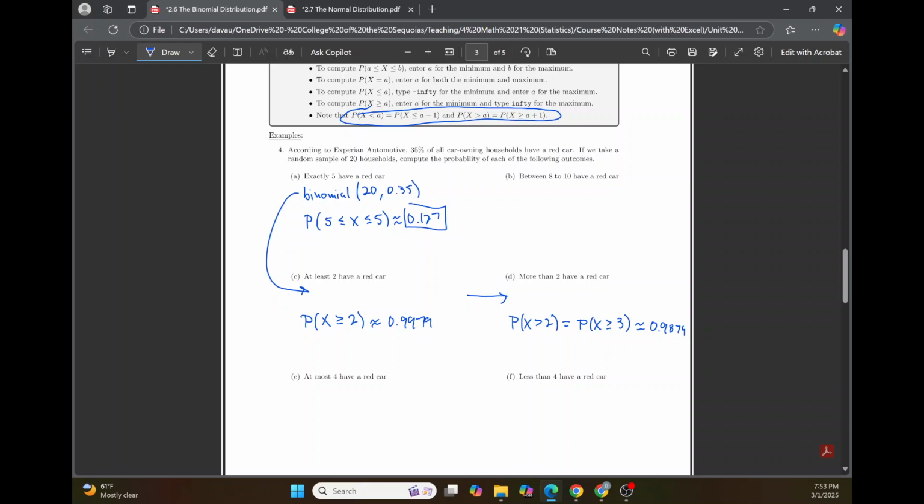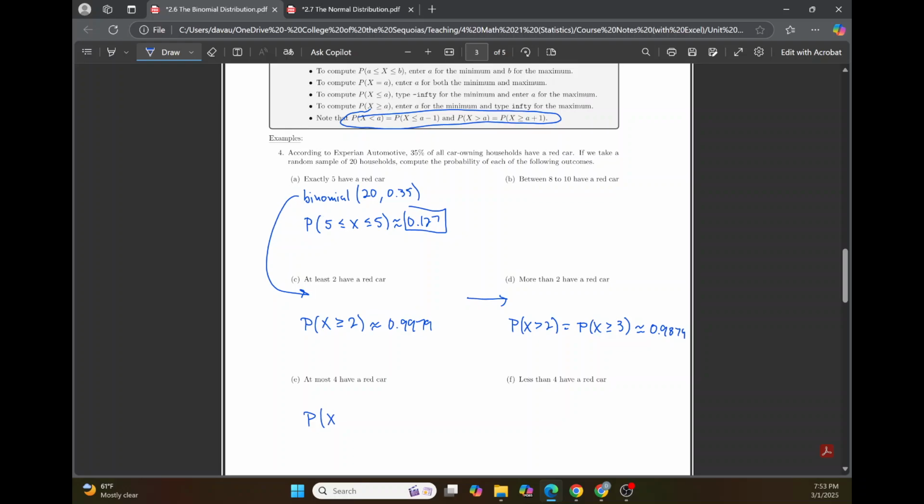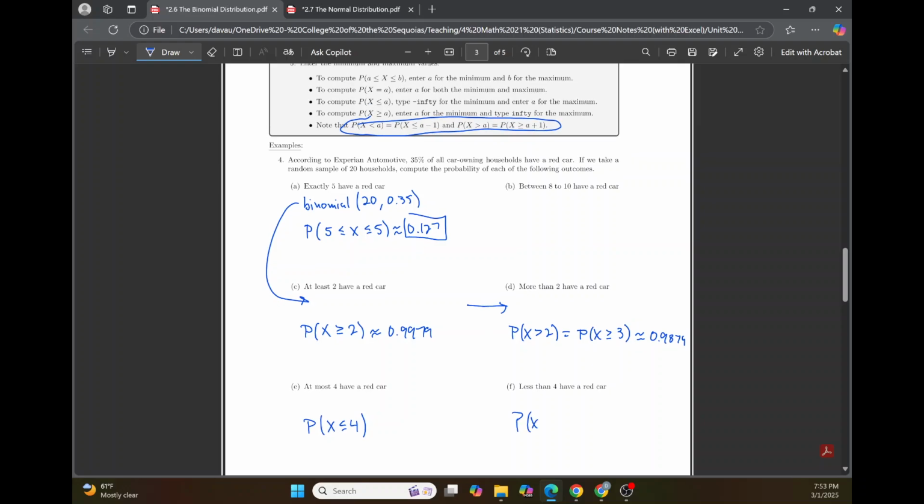0.9879. All right. So then E and F, we want the probability at most 4, probability less than 4. So at most 4 would mean less than or equal to 4, because 4 is the maximum. Less than 4, right? If x has to be strictly less than 4, then that means x has to be less than or equal